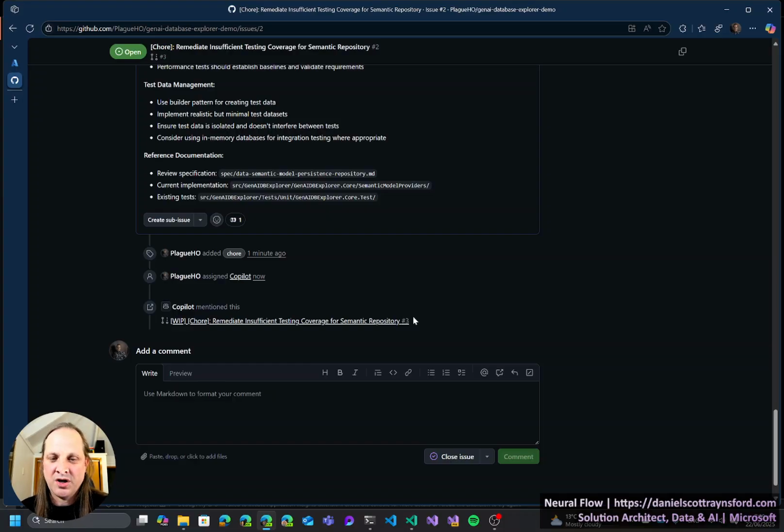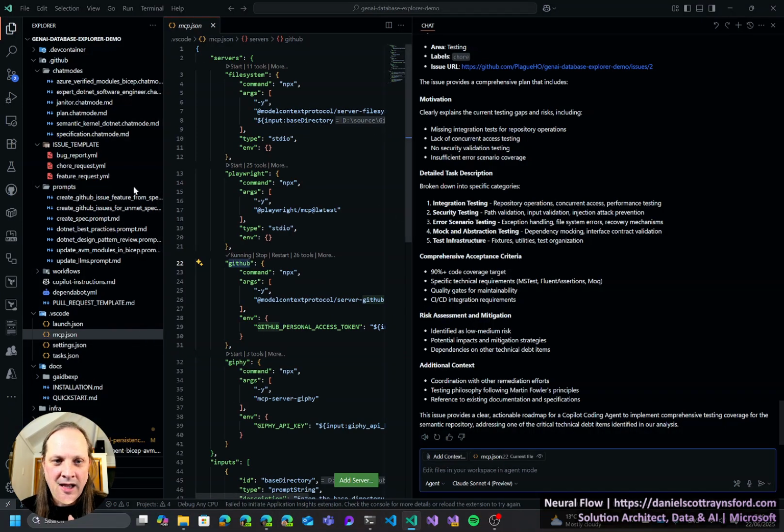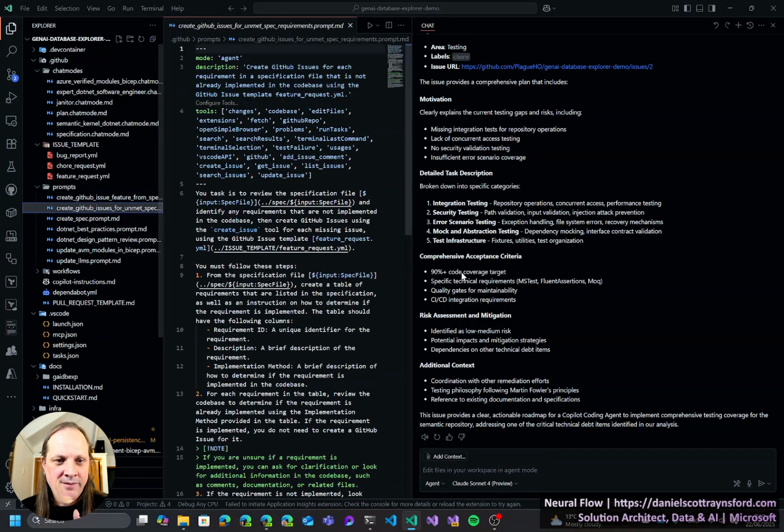So another thing I might have chosen to do there is, for all the detected remediation, I might create new specification files or update the existing specification files to say, hey, we've got a specification file for the repository pattern. Can you please update that repository file with the additional work we want to do with the technical remediation? And we've then got the ability to say, compare the specification file with the current implementation and then create GitHub issues off the differences. If I head back over to, while that all works, and show you the GitHub issues